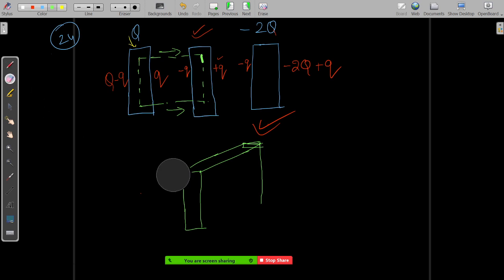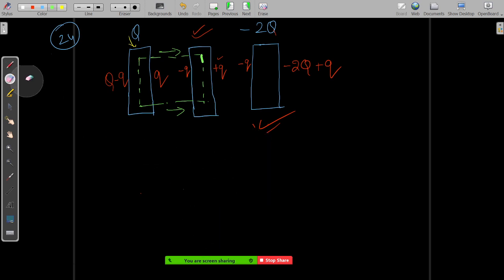And then when you are drawing a Gaussian surface, this Gaussian surface is also a three-dimensional surface. It is going throughout the plane. Are you getting my point? So it is going throughout this.